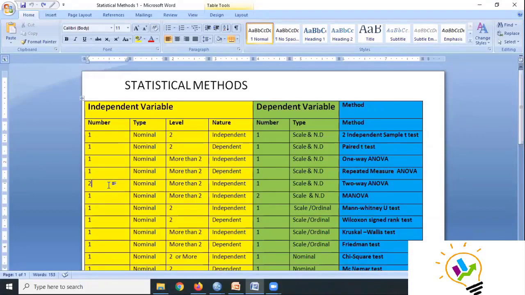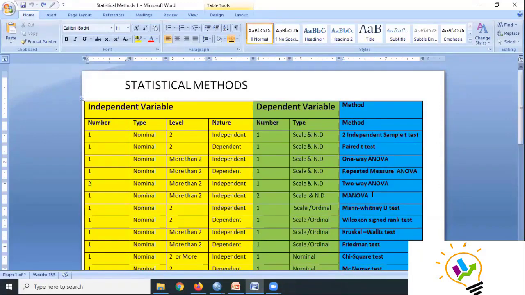When you come to MANOVA, the condition changes. Dependent variables will become 2 and the independent variable will be 1. With one independent variable and 2 dependent variables, we go with MANOVA.